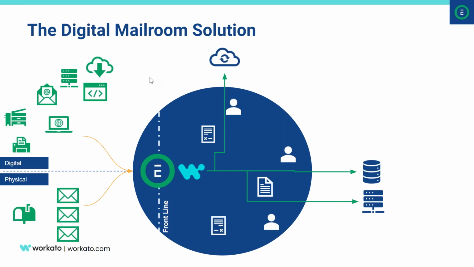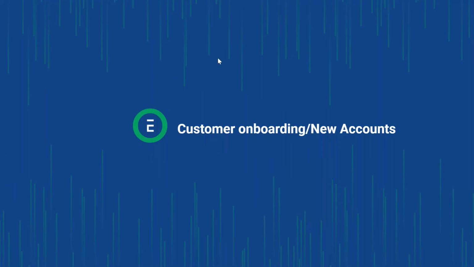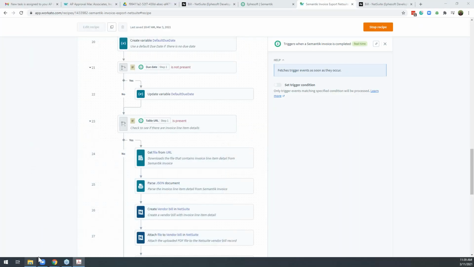So what does that solution look like? Essentially, you have Ephesoft as what I call kind of the digital doorway. Everything that comes into your organization has to flow through it. We process, extract, classify, separate, and then hand to Workato that lets folks interact with documents via people tasks or other mechanisms. And it integrates with all those different systems so it can take the documents and data from point A and put them in their end resting place within your organization. And Chris will go ahead and show you an example of a mailroom solution.